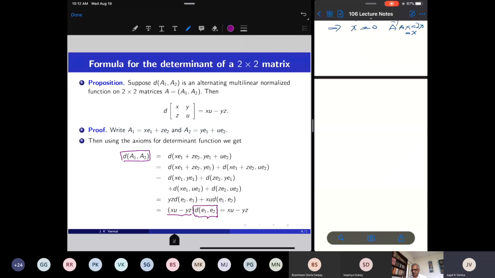Okay. So we want to prove that the determinant function is uniquely determined. It's clear now for 2 by 2 matrices: we have proved that the determinant function is uniquely determined, because we have found that function as a function of x, y, z, u. So for 2 by 2 matrices, there is only one function on the columns of a 2 by 2 matrix which is alternating, multilinear and normalized. With a similar technique, you can prove this fact for 3 by 3 matrices. But we want to prove this for n by n matrices, not by computation, but by a concept